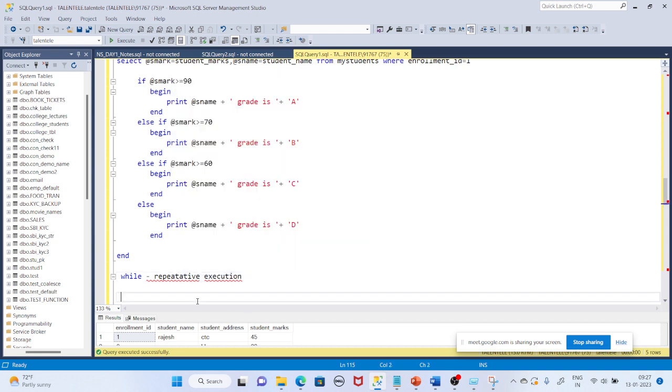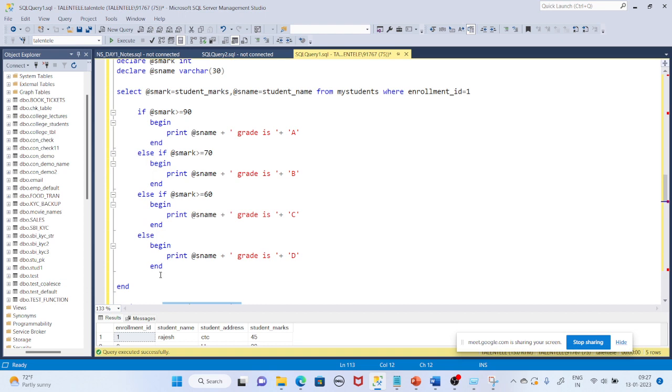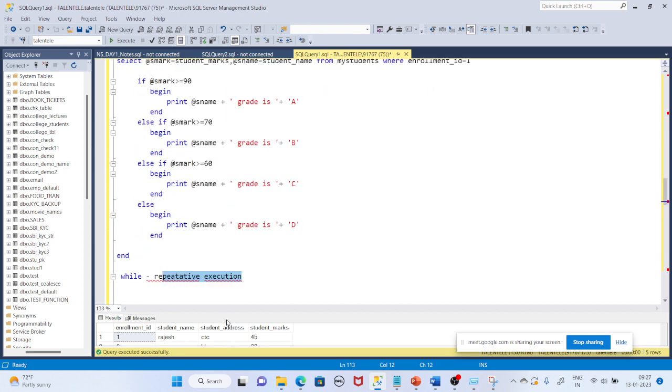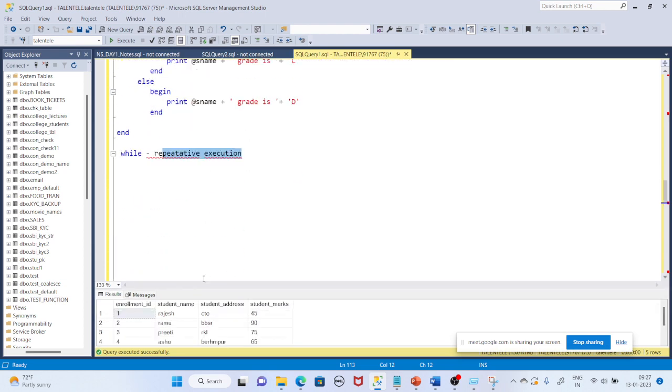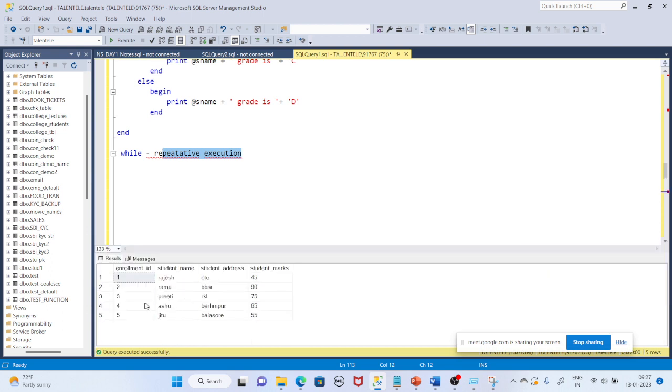My spelling may not be correct. Repetitive. If you want to repeat some steps, suppose I'll give you an example. Suppose what I did here is